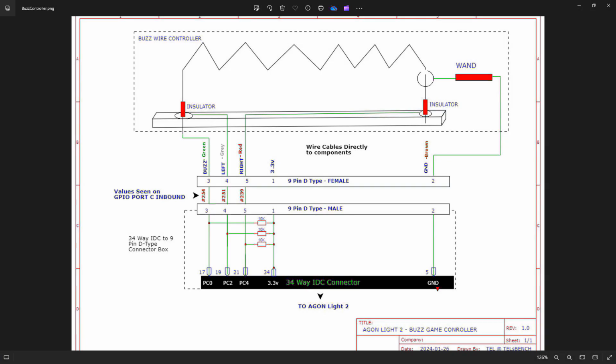This is the circuit diagram for the buzz controller, which you've just seen, and as I promised you, it is very, very simple. So this is a physical representation of the controller itself, where you've got the insulators there, so that when the one comes down, it will be able to touch the 2 tabs, left and right, but won't be interfering with the buzz wire at that point. And there's the end of the 9-pin D-type and all the connections. So see, 3.3 isn't actually used at all, but it does go there. And then the cable goes to the 9-pin male, which is in our little disc case that I showed you,